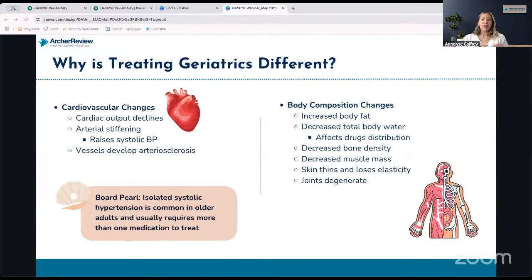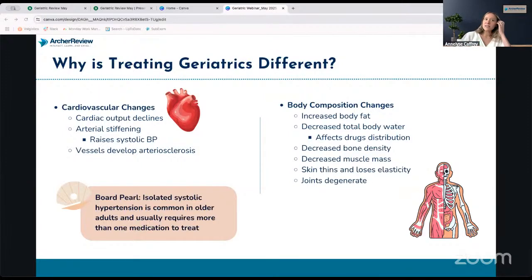Older adults, their vessels get stiffer with age and their muscle mass decreases. So fat content goes up, muscle mass decreases, vessels get stiffer. And what that really translates to is that their blood pressure meds are going to work slower, and they're going to have that one glass of wine that just hits differently. They'll metabolize alcohol differently. They're more likely to have breaks when they fall. Their skin's more likely to tear.